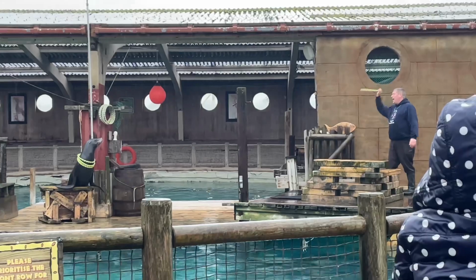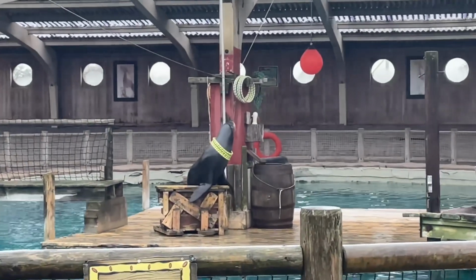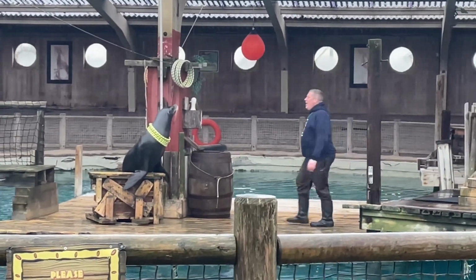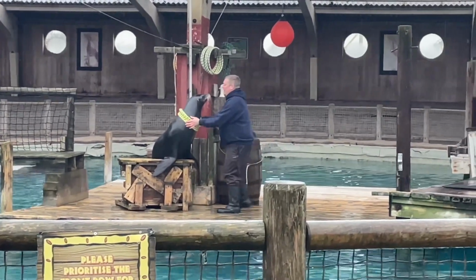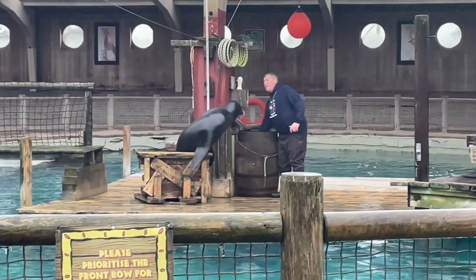If he gets 5 out of 5, he's done really well. That's brilliant. Well done, man. That is excellent catching. And on that note, this little fella is going to leave us now. He's going to go and relax in the other pool for a few minutes so we can introduce you to